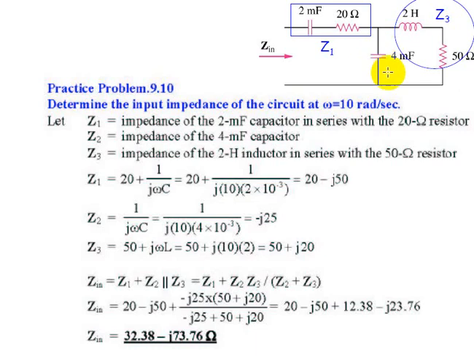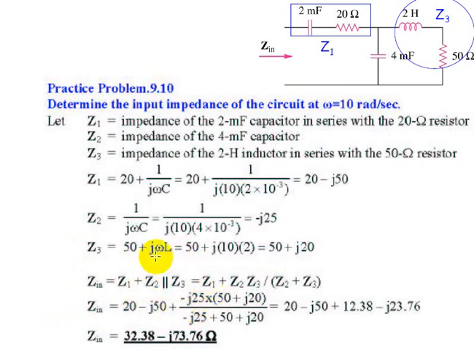Z2 is the impedance of this capacitor. The impedance of this capacitor is nothing but 1 over j omega C. Omega is 10, C is this, therefore we have got minus j25. So we have got Z1, Z2, Z3. Z2 and Z3 are in parallel, therefore